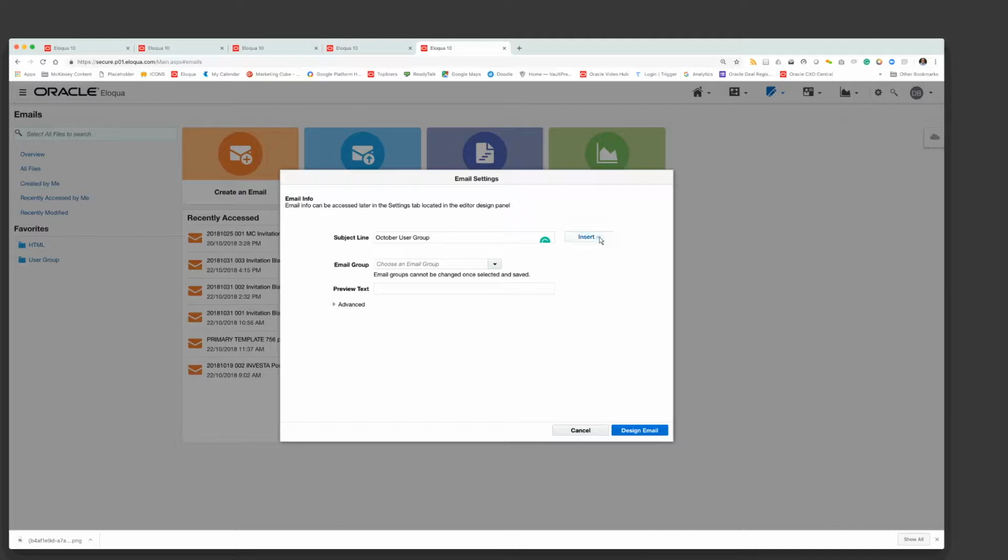The nice thing is I can also add a field merge, or I can actually add dynamic content as well. So a field merge will be the usual suspect. So it's something like someone's first name. You can drop that in, for instance. If you've got dynamic content though,